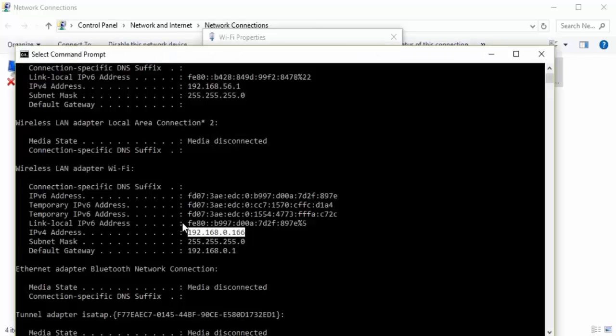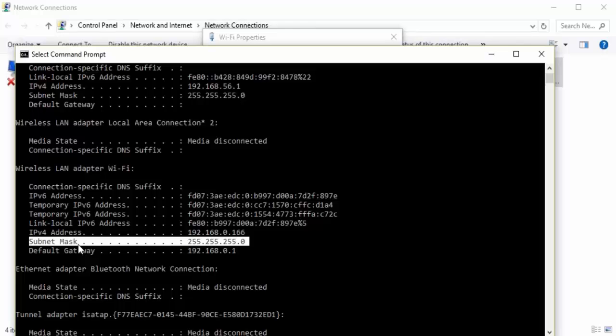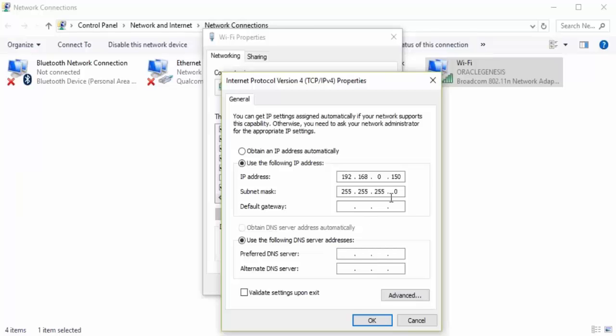Simple as that: when you type ipconfig, whatever subnet mask you see over here, just put it over there by default. On some routers the subnet mask will be a little different, like 255.255.0.0. It depends on the router, so whatever subnet mask you see in the ipconfig command, just put it over there.